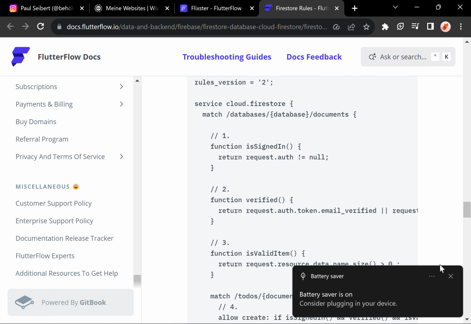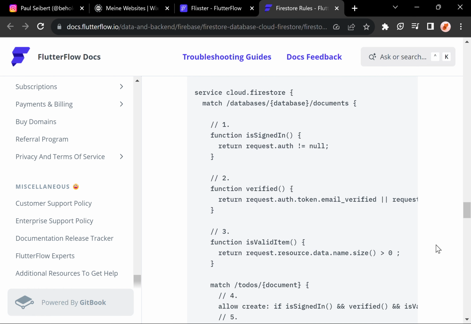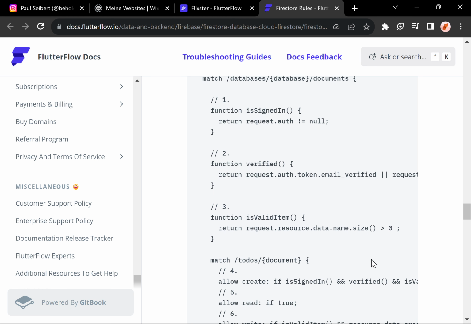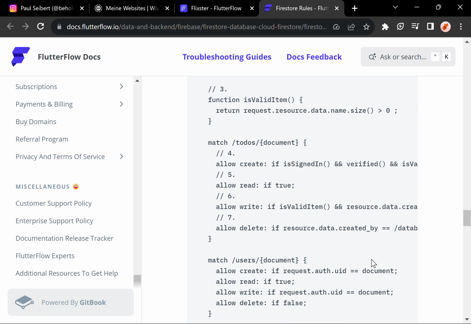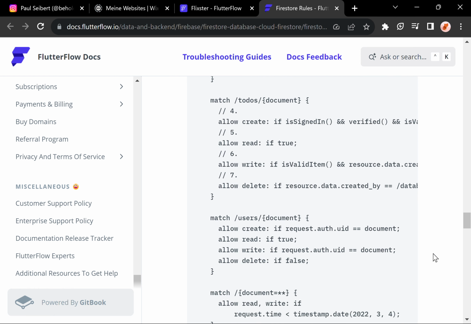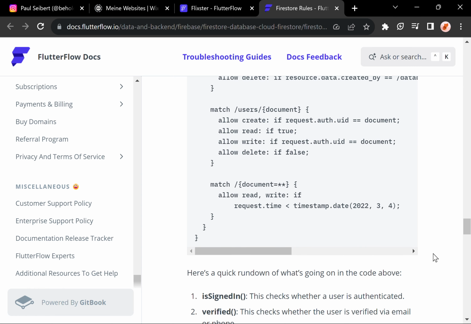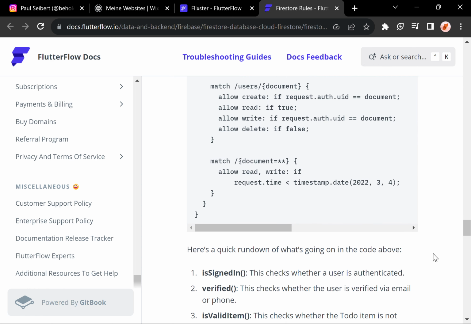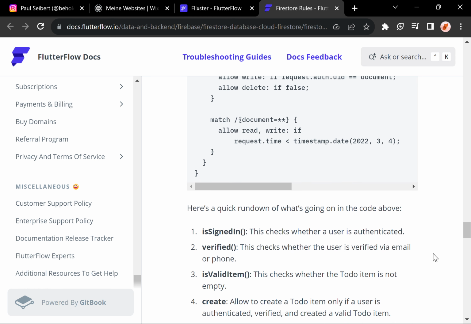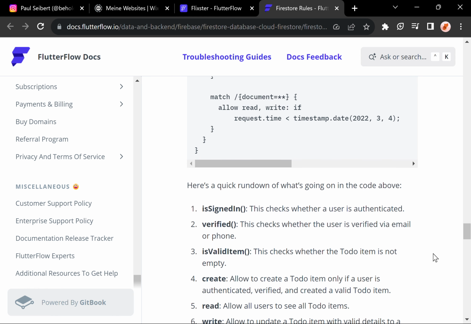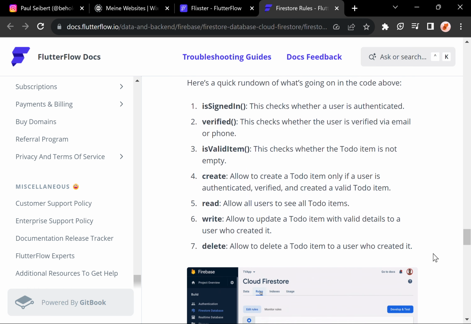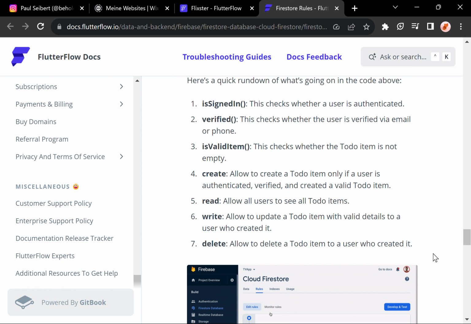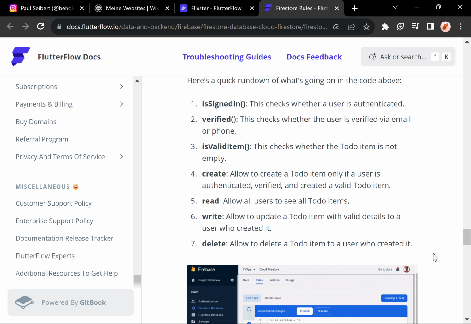Allow create: if is signed in, and verified, and is valid item. Allow write: if is valid item, and in resource.data.created_by /databases/(database)/documents/users/$. Allow delete: if resource.data.created_by /databases/(database)/documents/users/(